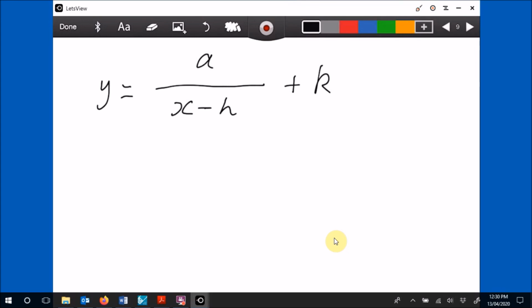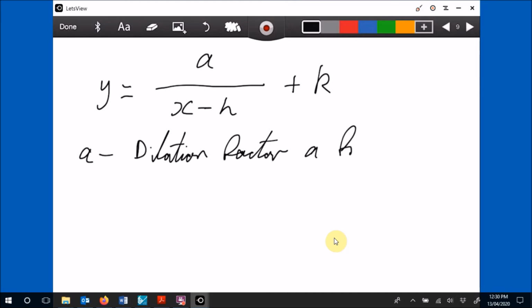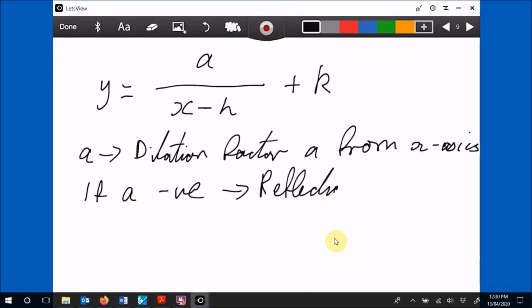So the a, of course, that's our dilation factor a from the x-axis. And if a is negative, what we have is a reflection in the x-axis,